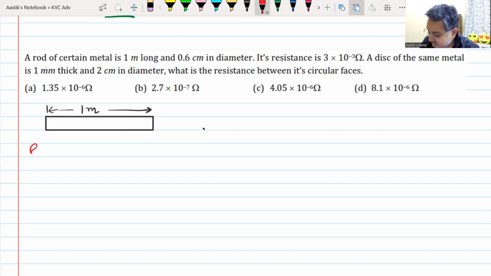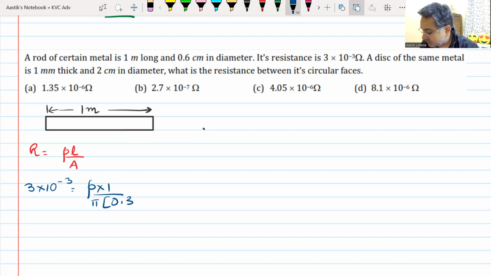The distance, rho L by A. The first resistance, 3 into 10 raised to the power minus 3, is equal to rho into length, which is 1 meter, divided by area, which is pi into 0.3 square. The second resistance is R, that will be equal to rho into